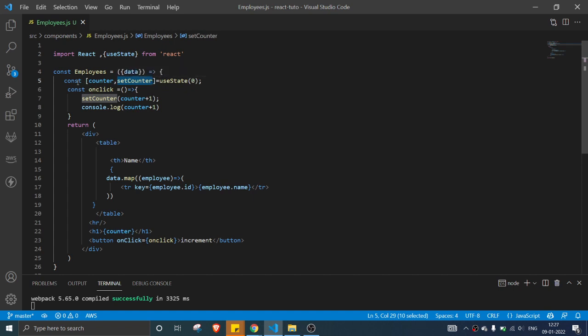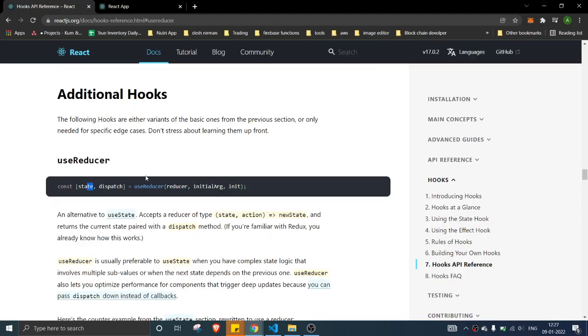Basically that is what useState did. But if you see useReducer, it accepts the state and there is a method called dispatch. With the help of dispatch we can dispatch the action to update the state.